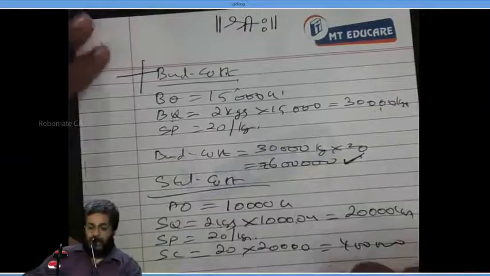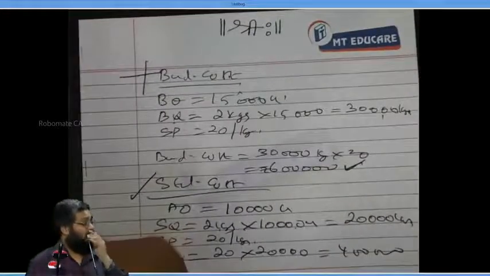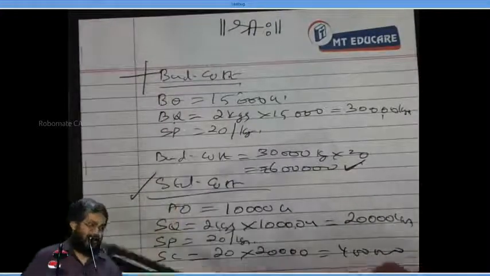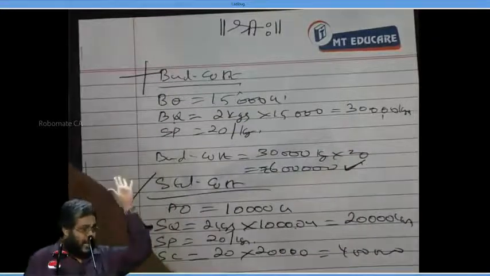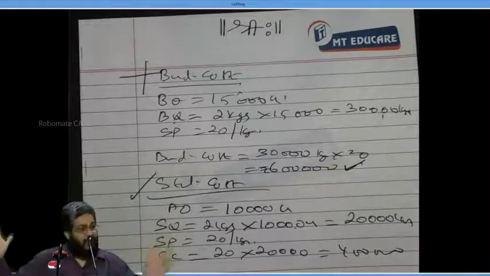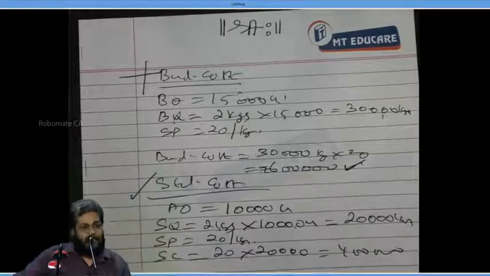Respond yes or no? Now, tell me, I am comparing budgeted cost and actual cost, or standard cost and actual cost? Everybody, are you understanding it or not? The same logic applies for labor, variable and then what? Fixed overhead variance. In cost variance, I never compare budget and actual.